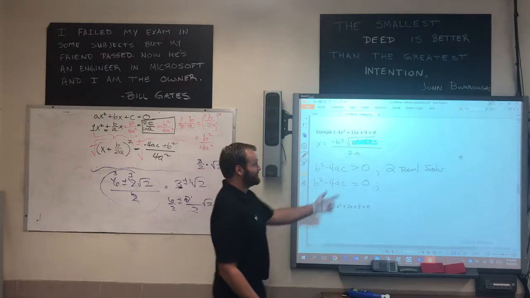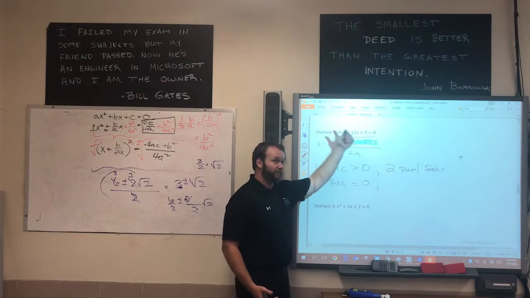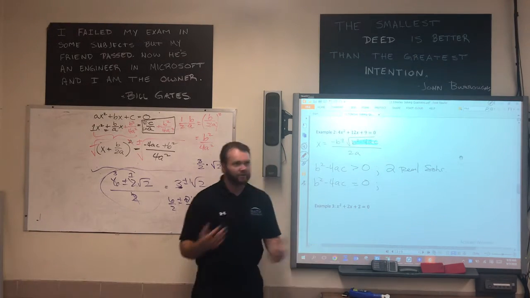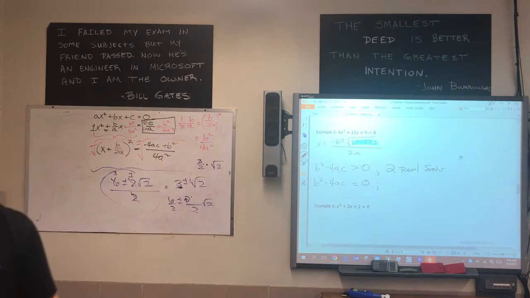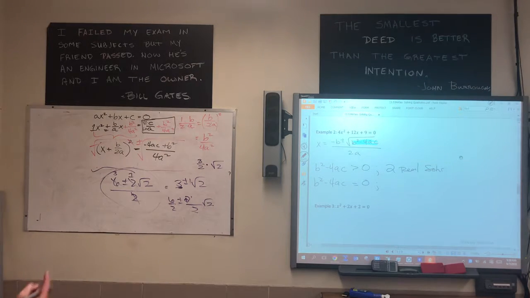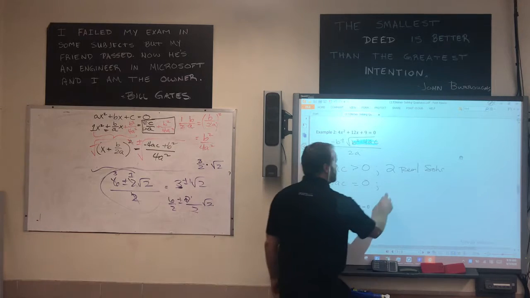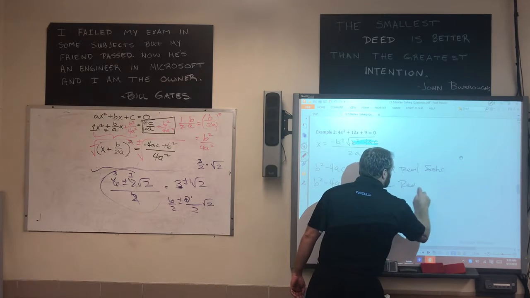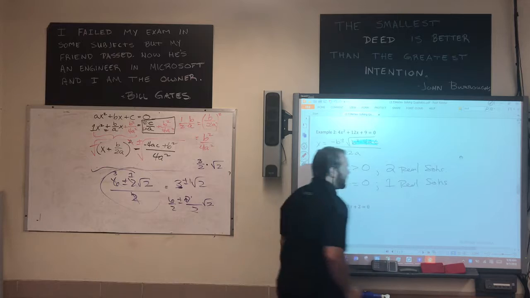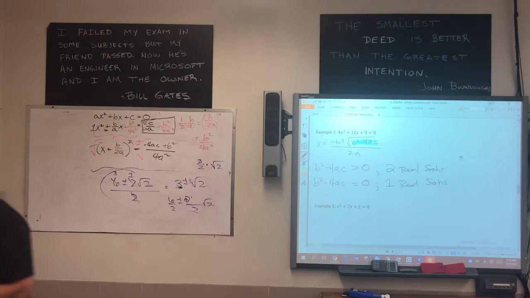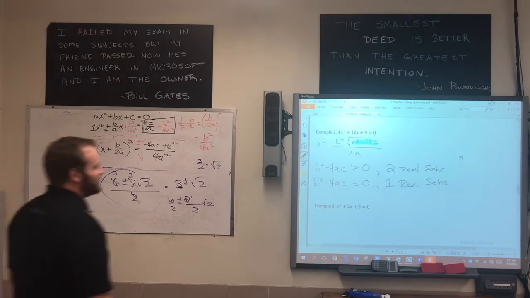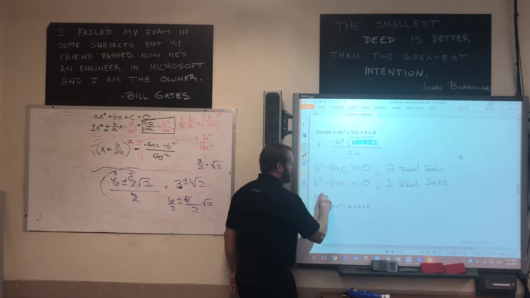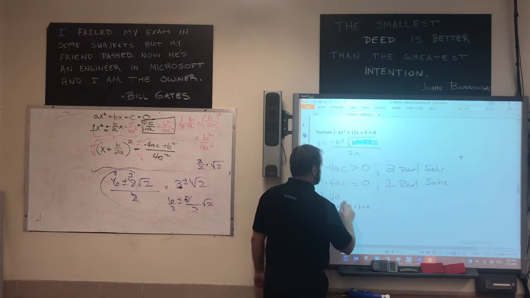1. If this number goes to 0, you're taking the square root of 0, which is 0. So you're adding or subtracting 0, which doesn't do anything to my negative b. So you get 1 real solution. Okay? 1 real solution. And remember, every quadratic is a parabola. So if I use the quadratic formula, I get 1 real solution. It's actually a double root, correct? Okay. So my other option is b squared minus 4ac